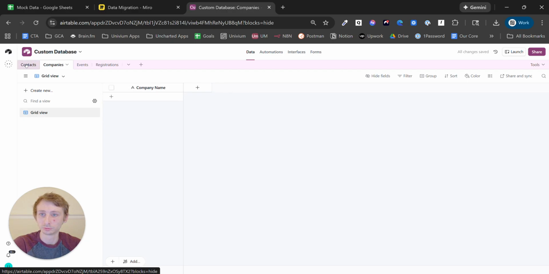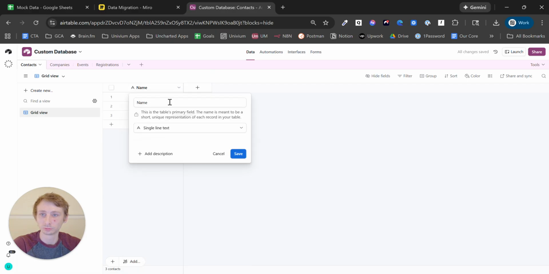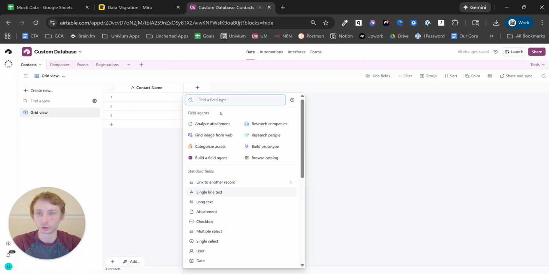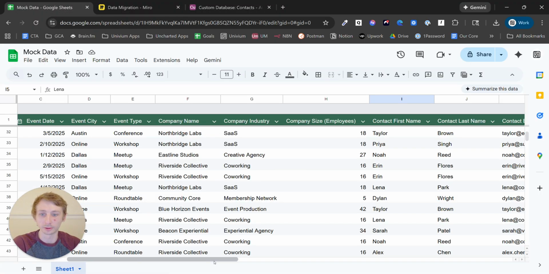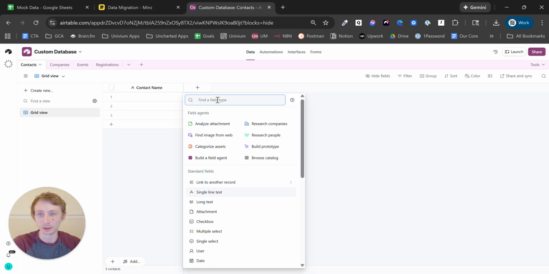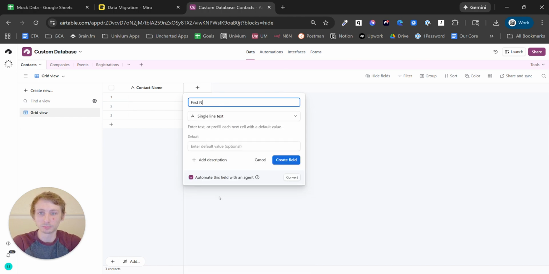Company name, contact name. Now, contact name does need to be a formula field because we don't have a contact name here, right? We just have a first name and a last name. Or you could use first name, but you want to have as much identifying information as possible when linking the fields. So what I'm going to do is first name,